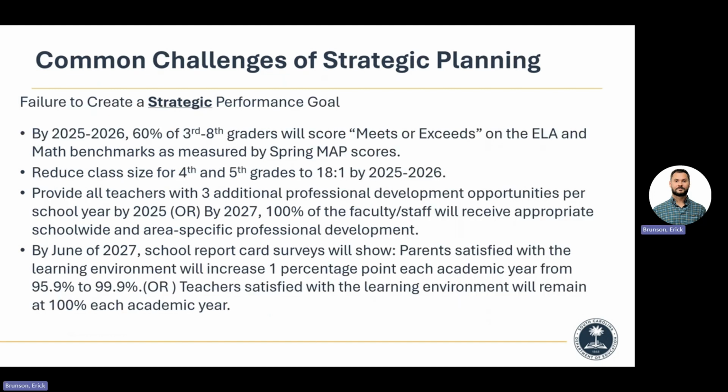All right, so let's talk a little bit about some examples. Still have some time. One of the things about the first example that we don't like to see are large cohorts. That first example is 3rd through 8th graders on ELA and math. Depending upon the size of the building or district, that could literally be thousands of kids. These are goals we see. How do you know where the problem is? So we ask you to differentiate by subject area, and unless your building is really small, by grade level.